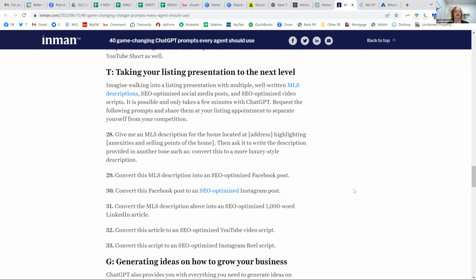That is to get people to engage with it. You want people to actually read your post. You want them to hit the like button. You want them to leave a comment and you want them to share it. That's what you're trying to gain from ChatGPT, that optimization of them actually responding to your posts.